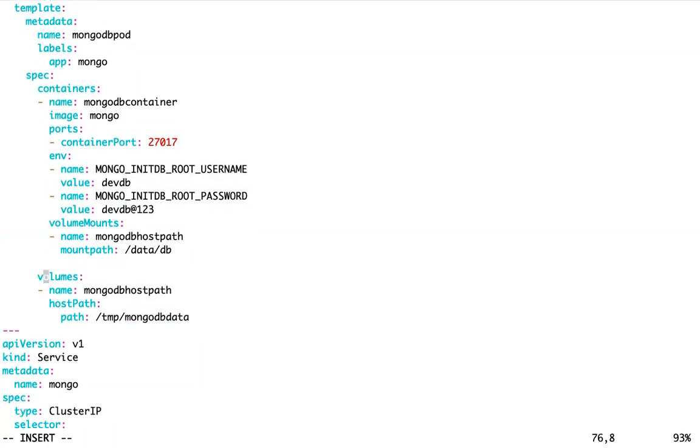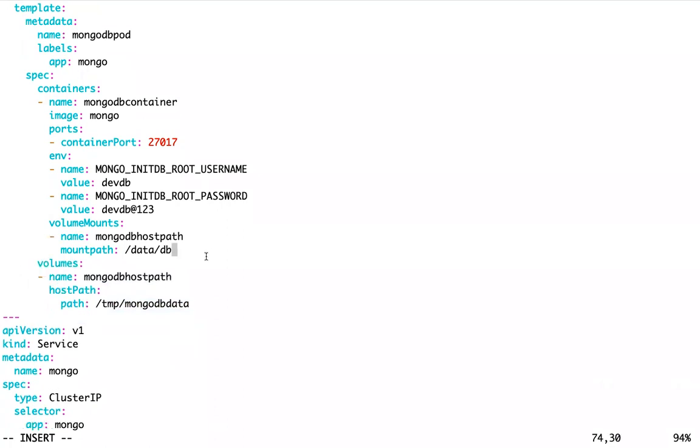Now, how are we linking them? Here I am defining volumes. Here I am defining volumeMounts. What is common here?